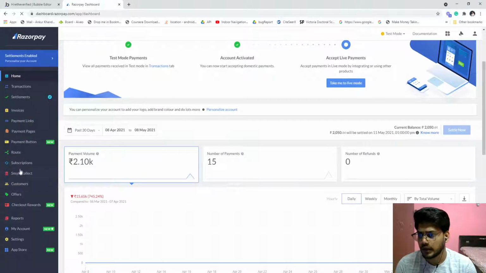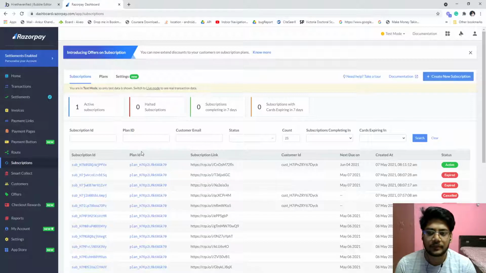So before starting, this is the subscription tab in Razorpay.